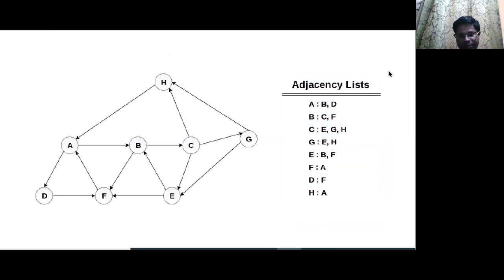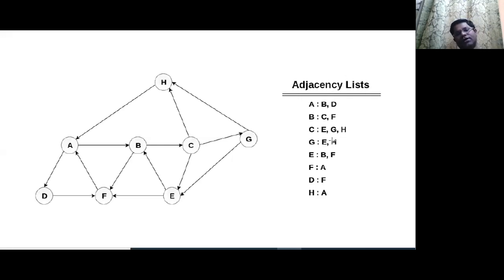Adjacency list means the neighboring nodes of all the nodes. Like for node A, the neighbors are B and D. There are two neighbors, so they are added to the adjacency list, since the adjacency list contains the neighbors of a particular node. Similarly, we have written all the neighbors of each node, and we call it the adjacency list.